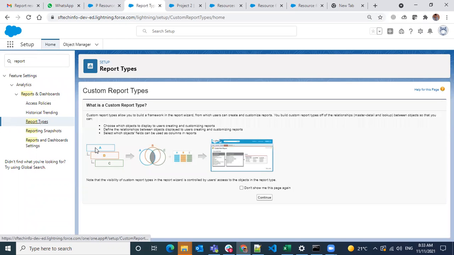It could be child objects: when you select one object, along with the child objects you can include, or make it an intersection. If the parent has at least one child, or with or without children, and similarly this kind of intersection you can apply, and only that intersected data will be displayed on your report.